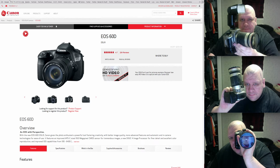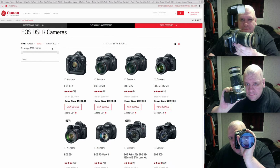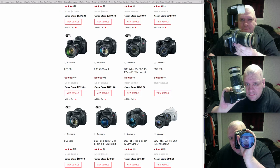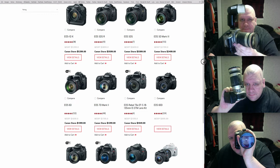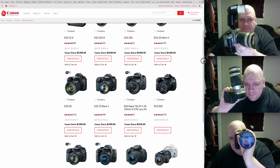I swear, if I could just get them to stay with price instead of that. No, I can't say for sure. It's $900. But it's the same price as the 70D, so I'm thinking they're probably going to discontinue that one, because you see how there's a Canon store price, and they've got manufacturer suggested retail price. So the 60Ds are obviously out there in stores probably still, but Canon's not selling them online. So I've got a feeling they either are going to or already have discontinued selling it from the store, because it's the same price. And normally you don't have two cameras that are set at the same price. Not always, but